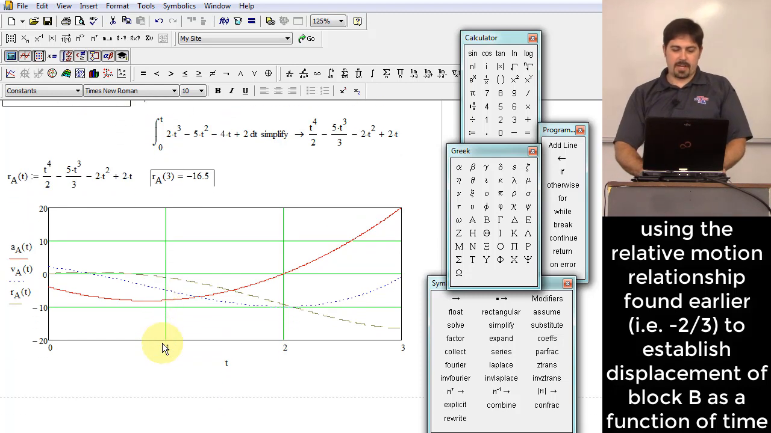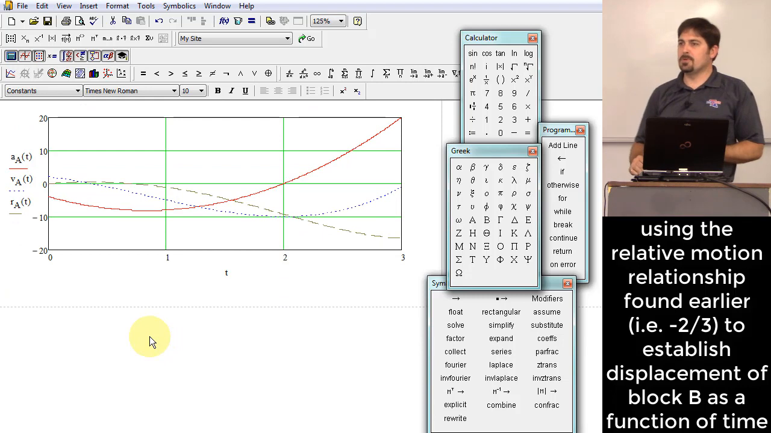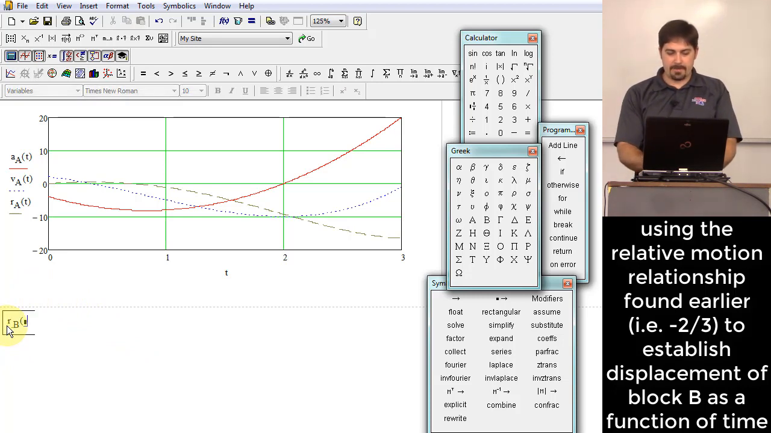Okay, here's how we're going to do that. Remember, the relationship that we had was negative 2/3, right? So we may as well just start with position. The position, I'll use r vector for that, r of b. This is going to be a function of t, right? And it's actually super easy. We just set it equal to negative 2/3 of